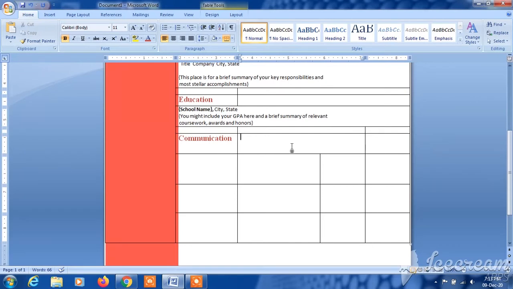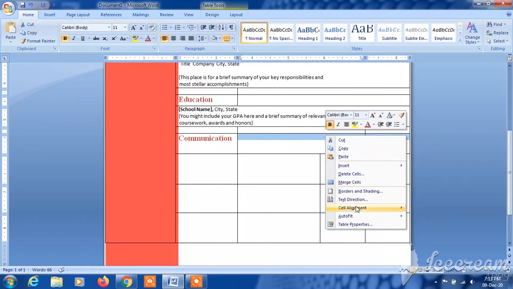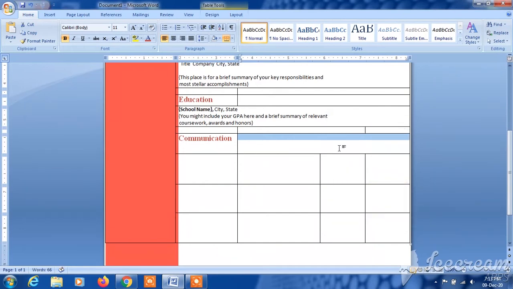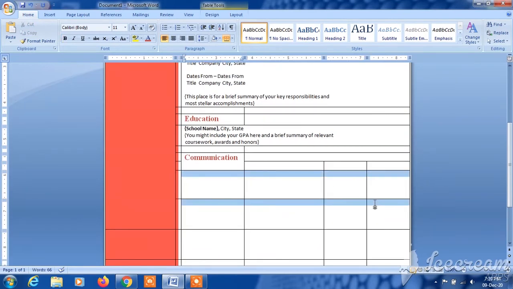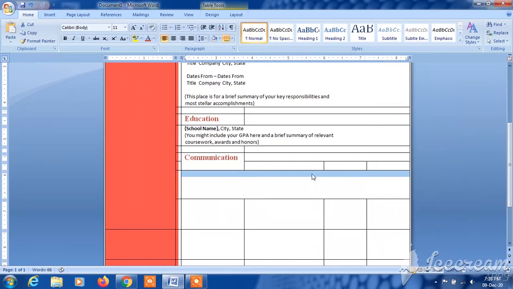The next thing we will do is merge these two columns. Right click and click on merge cells. Now we will merge these four cells as well by right clicking it, and now go to select the merge cells option. Now the cells have been merged. Now this place,